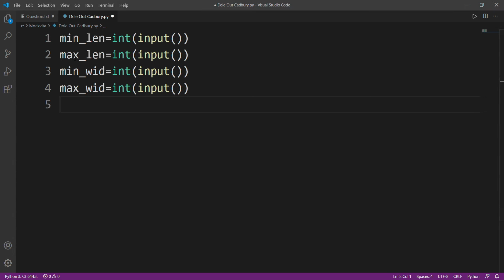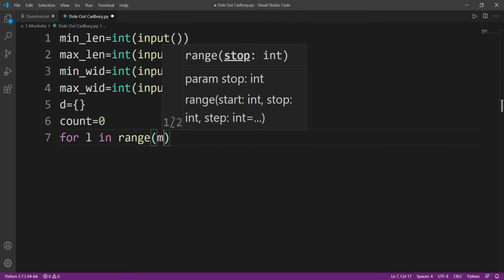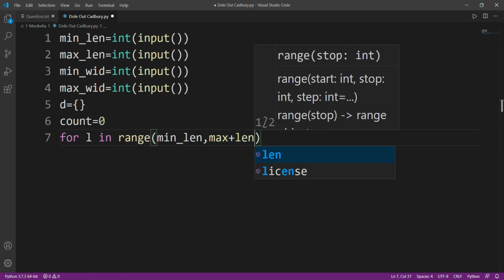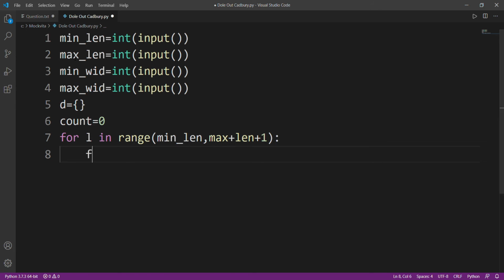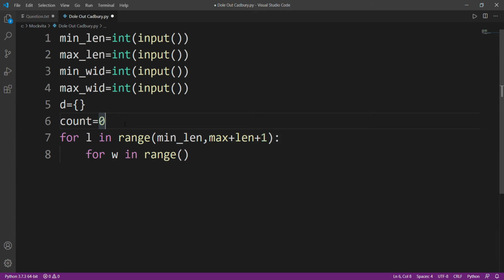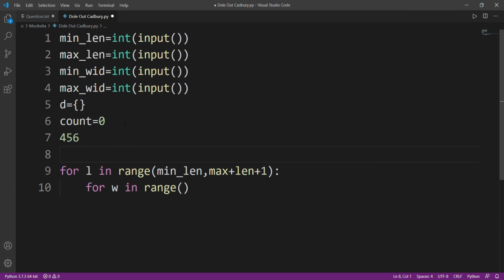Now we'll create a dictionary. I'll just name it D. Count, this is going to store all our answers since we have to form all the pairs. So for L in the range of minlen to maxlen plus 1, for width in the range of, because when we have the lengths like 4, 5, 6 and we had the widths like 2, 3, we have to calculate all the possible combinations like 4 1, 4 2, 5 1, 5 2, 6 1, 6 2.